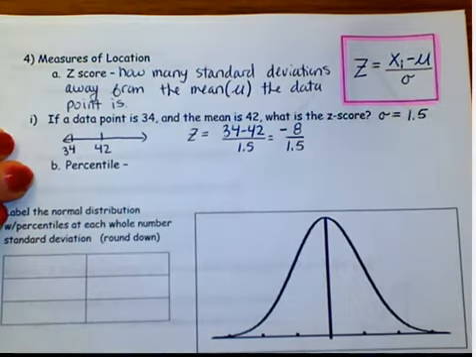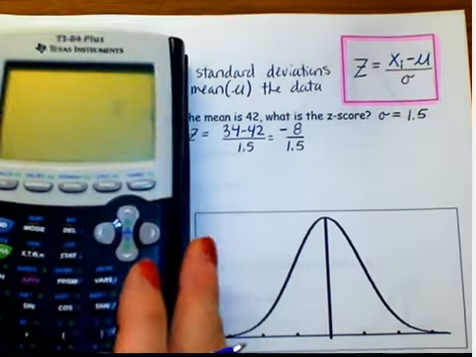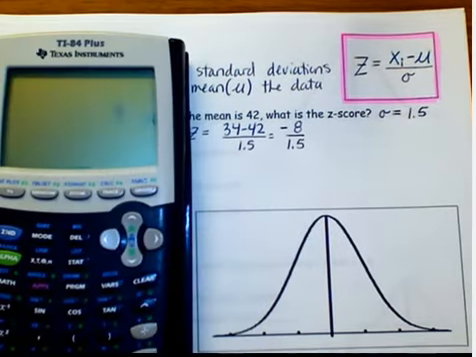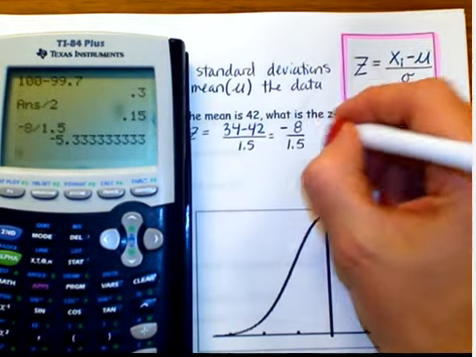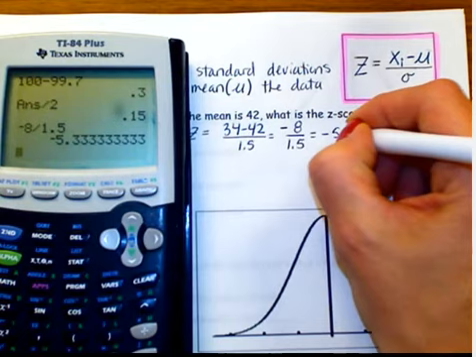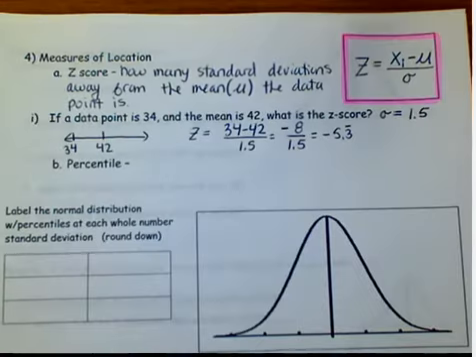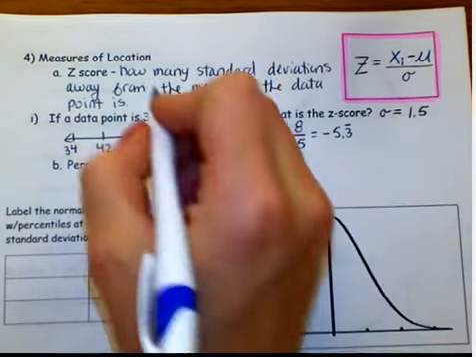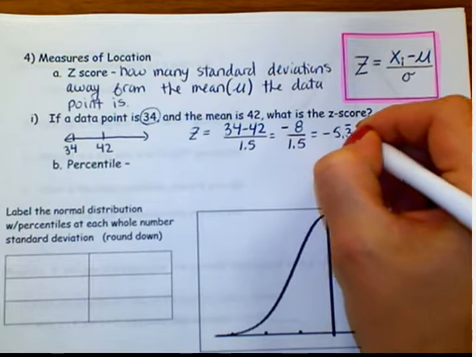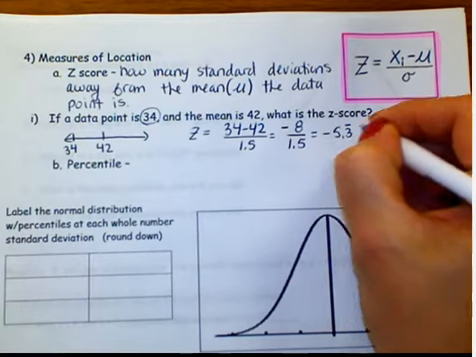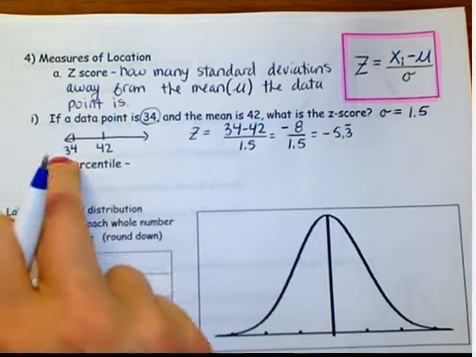Now everything is matching. Okay, so let's go ahead and divide that. This you do get to use a calculator for. It's a calculator unit. -5.3 repeating. The data point 34 is -5.3 standard deviations from the mean, which implies it is below the mean with the